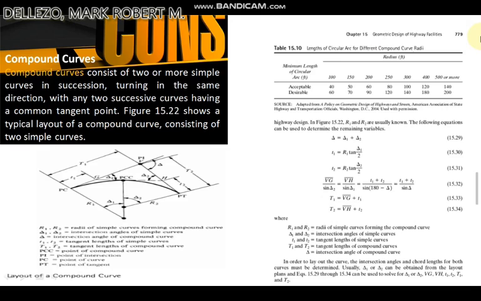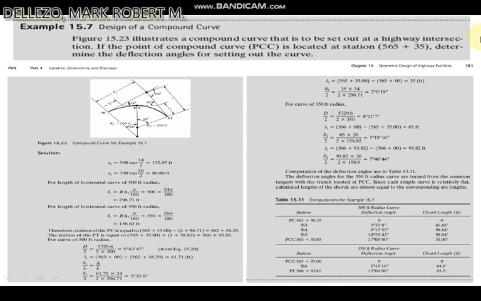Then next, example 15.7, design of compound curves. Here are its problem and its solutions and table. Just follow and understand. The next